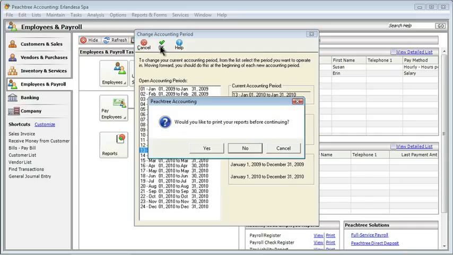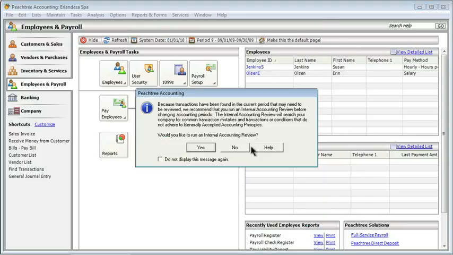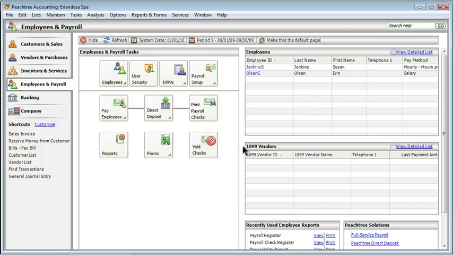Once again, because Peachtree is trying to keep us honest and on top of things, it's going to ask us if we want to print our reports. We're going to say no because we're assuming that we've already done all of this. It's also going to ask about running the internal accounting review. Now, if you've never done this and if you're unsure, you can go ahead and say yes and run through that process as well. We're going to say no. There we go. Our period is changed,